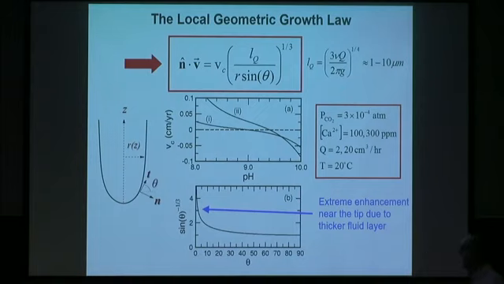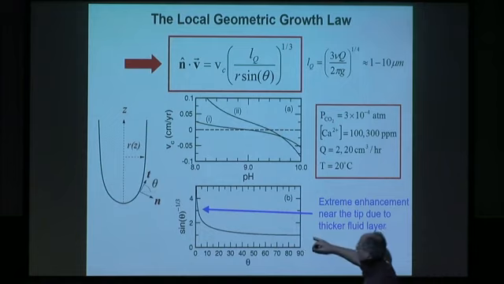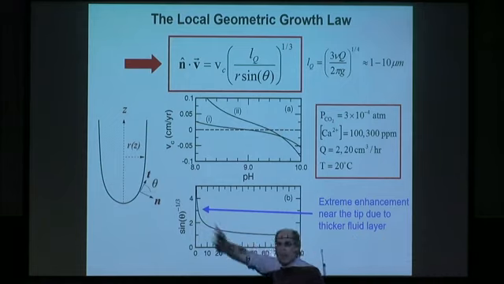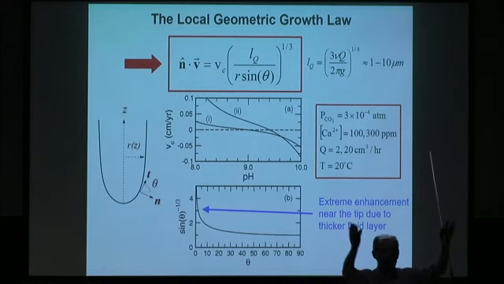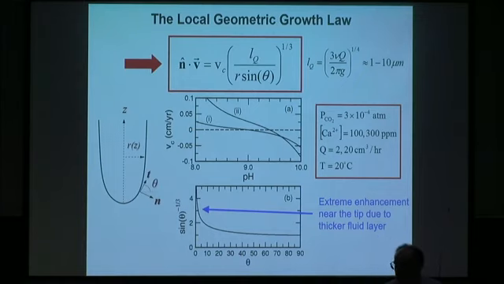And the most important thing is that if you actually take a typical stalactite shape and look at how this depends on the angle, the tangent angle, you find there's a huge enhancement at the tip, because as the radius is getting smaller, there must be more fluid in that layer, because there's no evaporation that occurs in a limestone cave. I can assure you, in most of these caves, you go in there and it's like a sauna. So it's not as hot as a sauna, but it's as humid as a sauna.